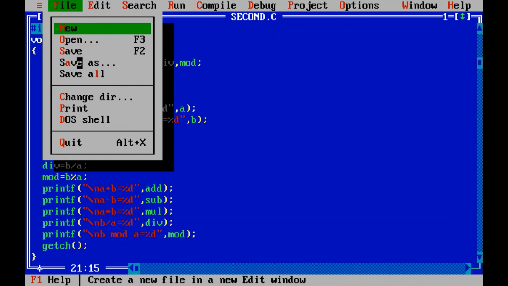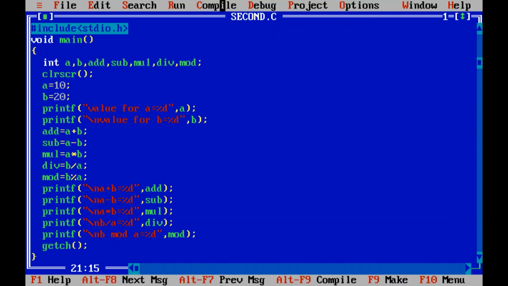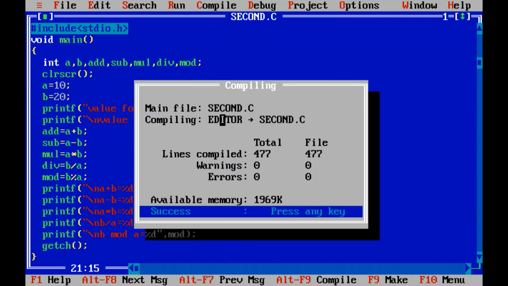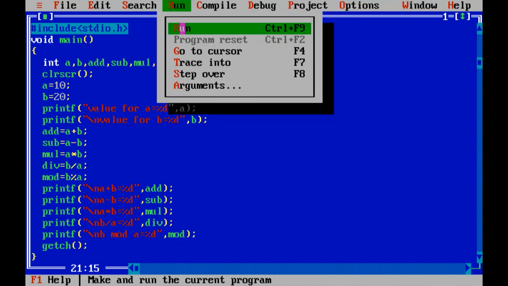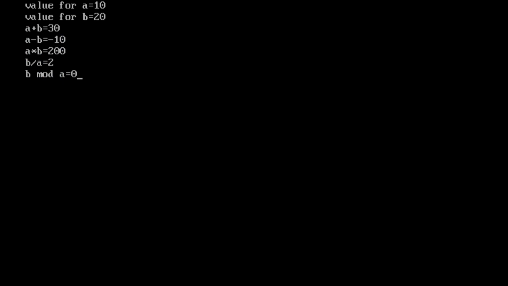File, save, compile, and run. See, previously I had mentioned b %a. Now remember, in C percent has a special meaning. Whenever you write %d, that is the format specifier for integer.